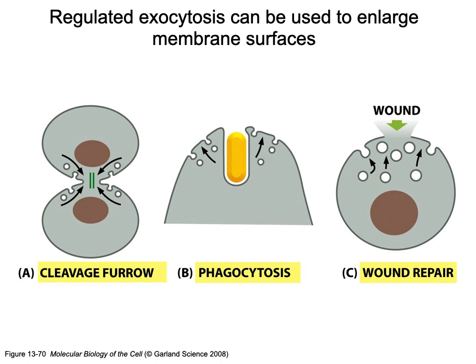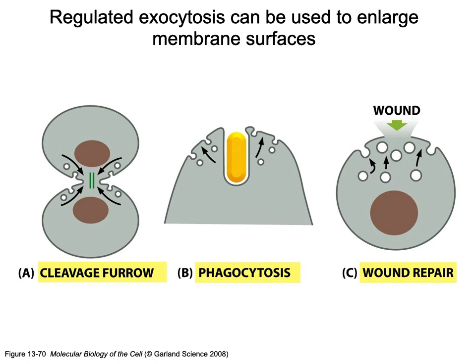So we need to make sure that we are also having vesicles fusing with the plasma membrane to restore the amount, right? So, again, examples when we have cell division, and so we have that cleavage furrow, when we have phagocytosis, when we have a wound, those are all going to cause there to be a decrease in the amount